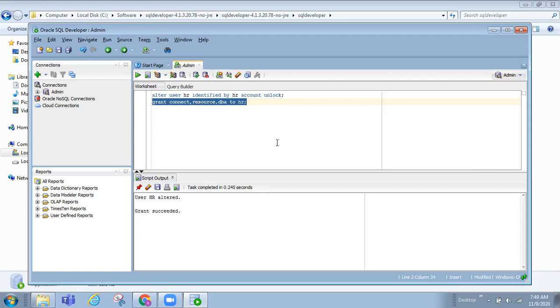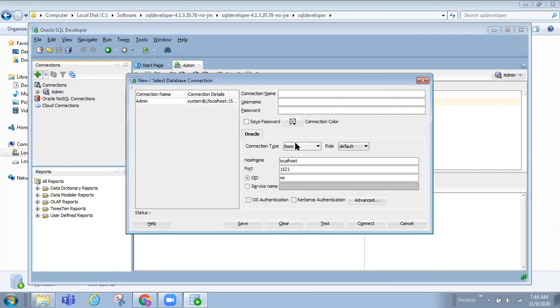Again, make a single click on the green color plus icon at the top left. Here you can mention the connection name as Oracle underscore SRC.